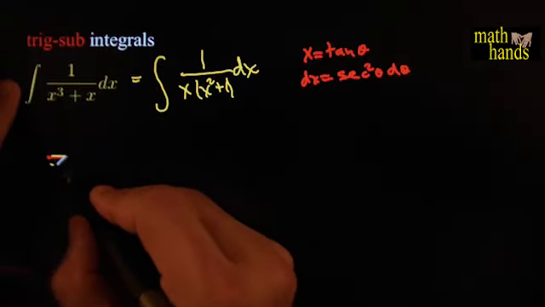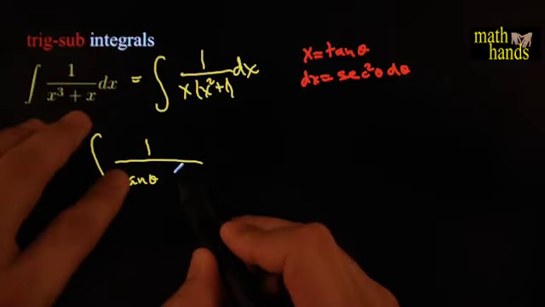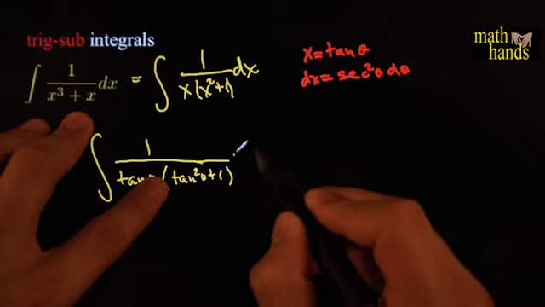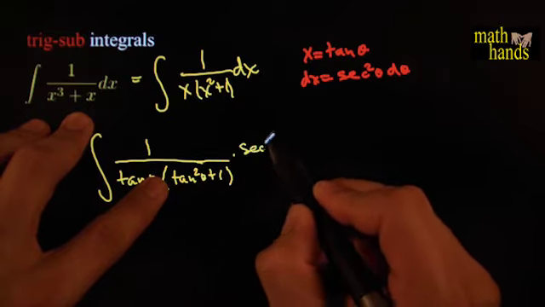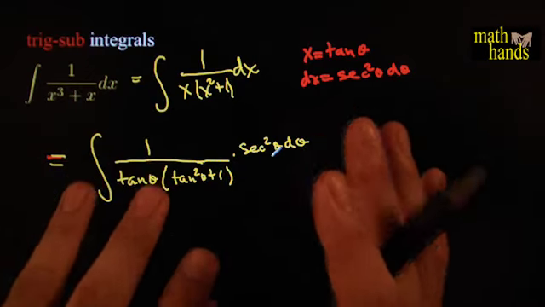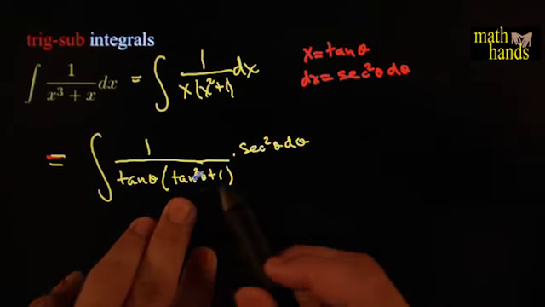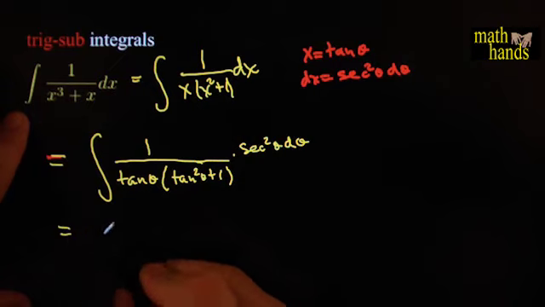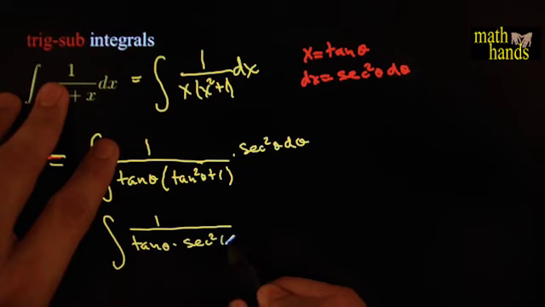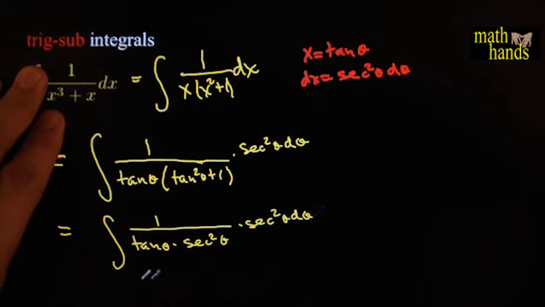thetas, it would make my integral be the integral of 1 over tangent theta times tangent squared theta plus 1, and a dx, which would be a secant squared theta d theta. Now, at first that looks crazy, but of course we haven't done the marvelous part yet, which is the part where we exchange for a monomial. This right here, which is binomial, we exchange it, and that becomes the integral of 1 over a tangent theta times a secant squared theta times a secant squared theta d theta. And that, of course, that becomes